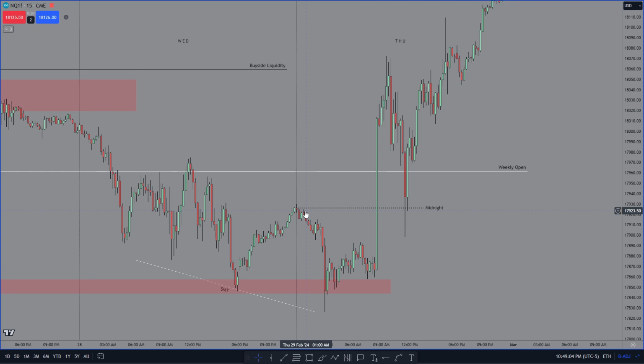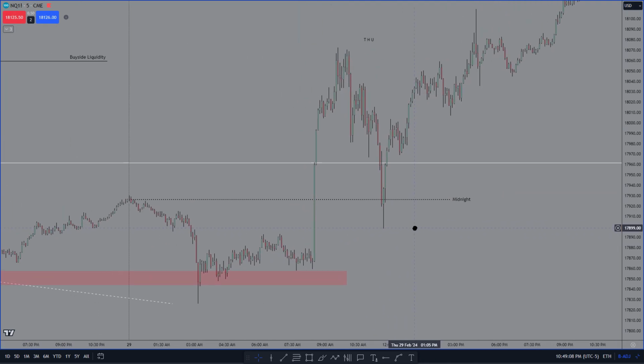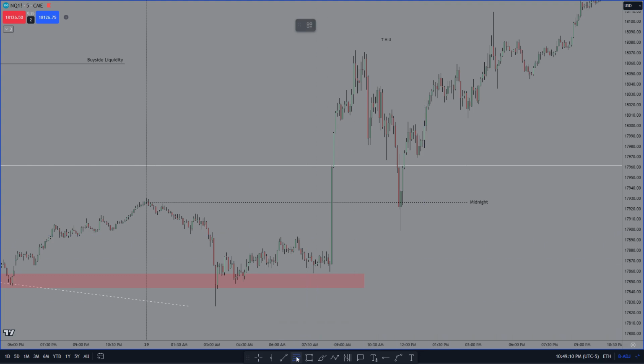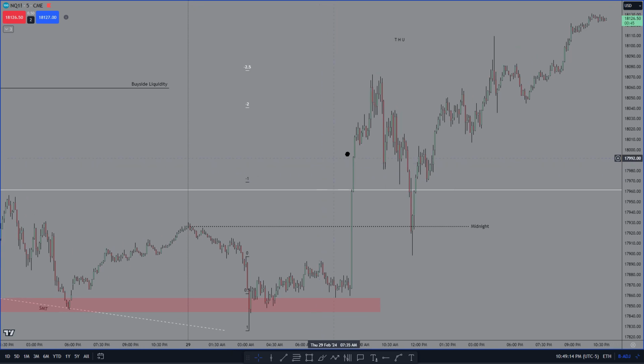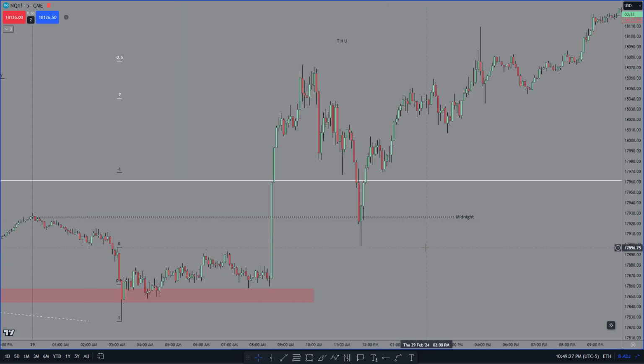But also, let's go down here to the 5 minute. Everything is projectable from high to the low of the week. So look at this, 2 to 2.5 standard deviations from the 5 minute swing point right there. Clear reaccumulation. And where does the reaccumulation go to? This is not random at all. Midnight price,